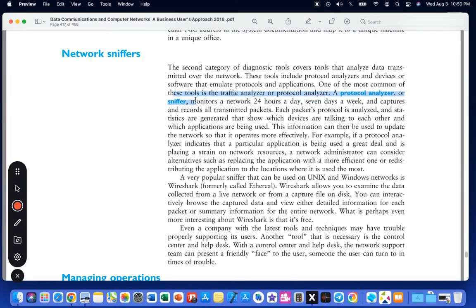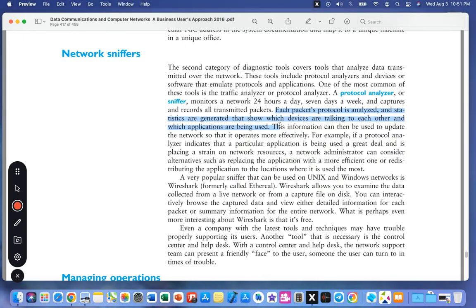A protocol analyzer or sniffer monitors a network 24 hours a day, 7 days a week, and captures and records all transmitted packets. Each packet's protocol is analyzed, and statistics are generated to show which devices are